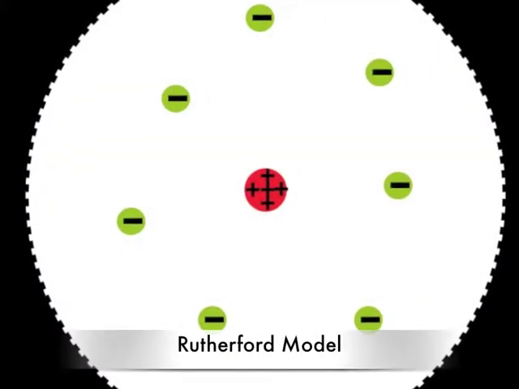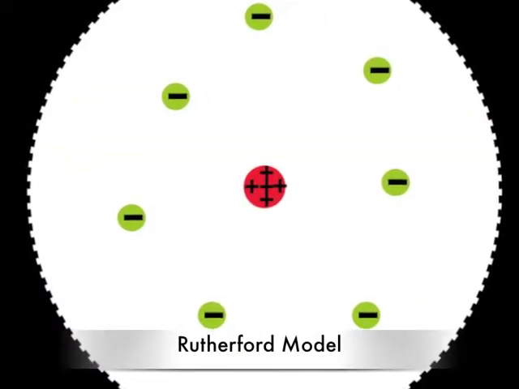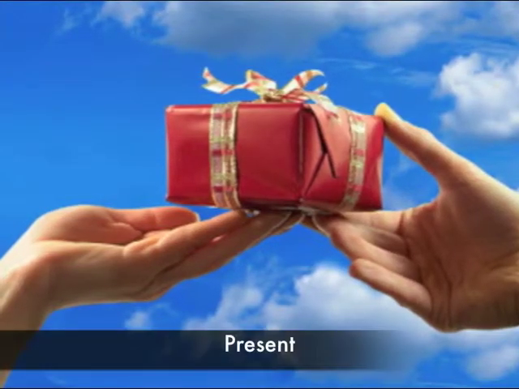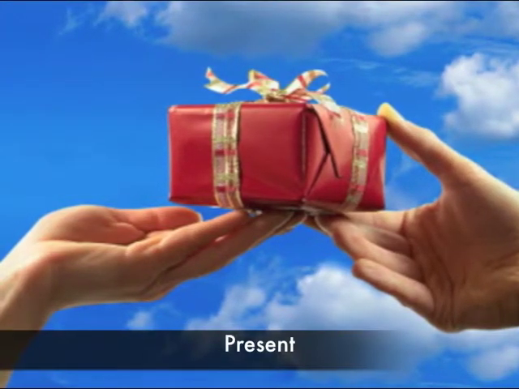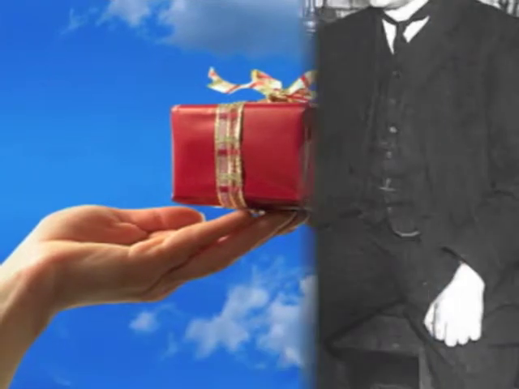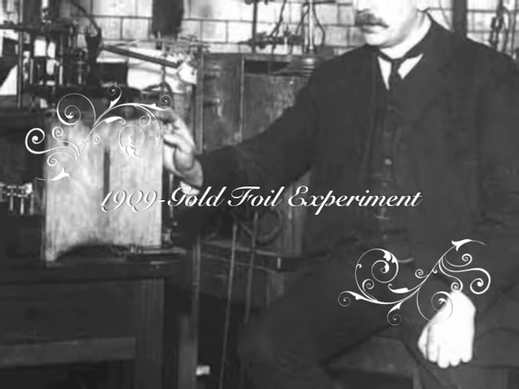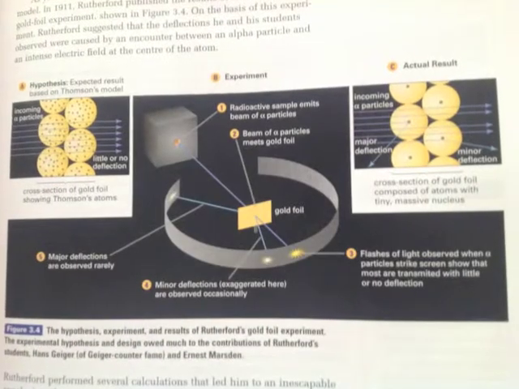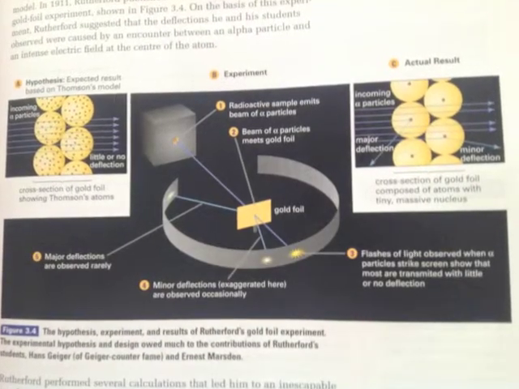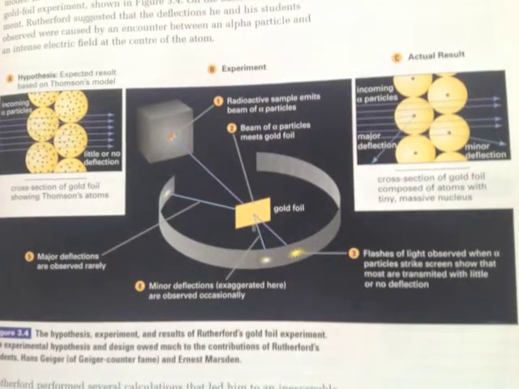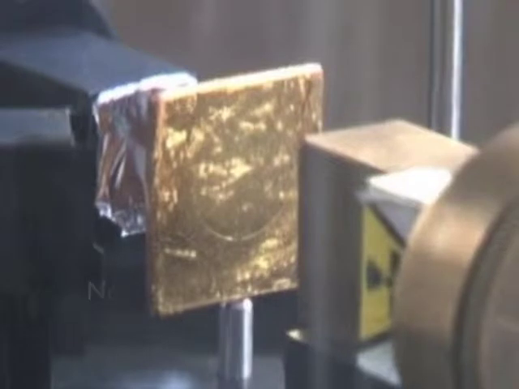The Rutherford model is a model of the atom devised by Ernest Rutherford. That physicist and chemist left a great present for the history of quantum chemistry. He directed the famous gold foil experiment in 1909. We can open page 121 of the textbook and see the whole concrete process of that experiment from figure 3.4. Soon in 1911, Rutherford got his new model for the atom.